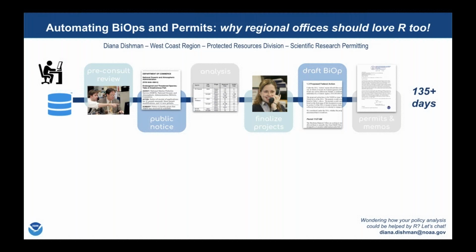So our regulatory timeline for ESA consultation is 135 days. Not only was it a challenge to try to meet these deadlines, given our other workload, but we also recognize that although the specific actions or studies that we're consulting on were different every time, the types of information we received, how we collected it, how we analyzed it, and the tables and documents we needed to produce for the consultation remained consistent. So those features actually all made this process a prime candidate for automation.